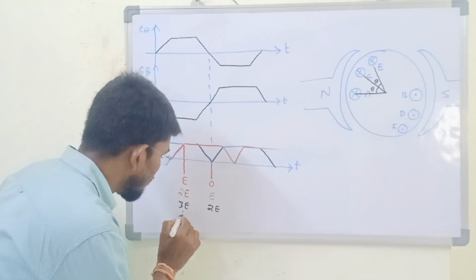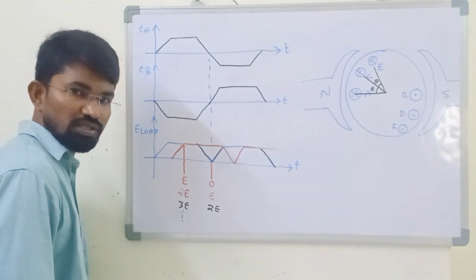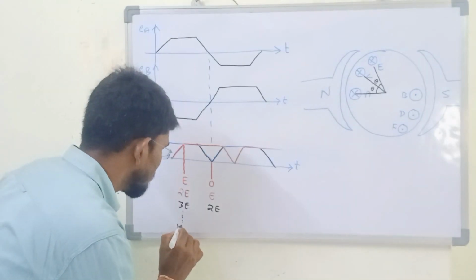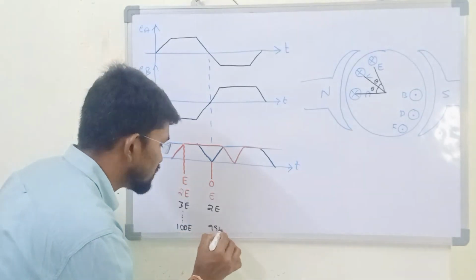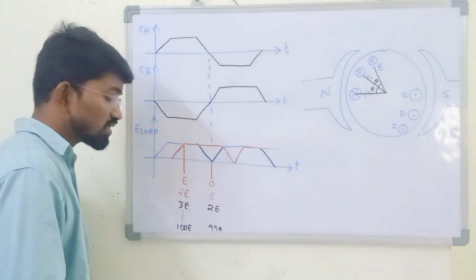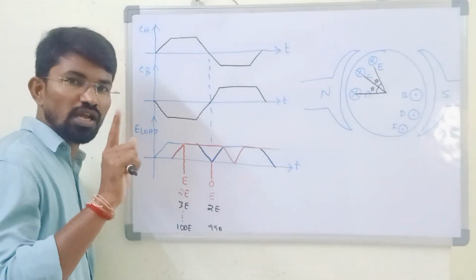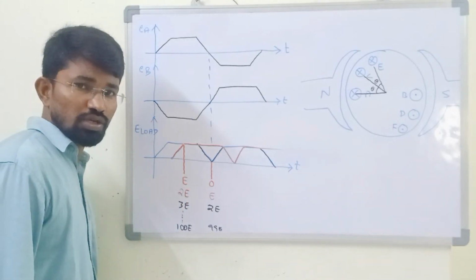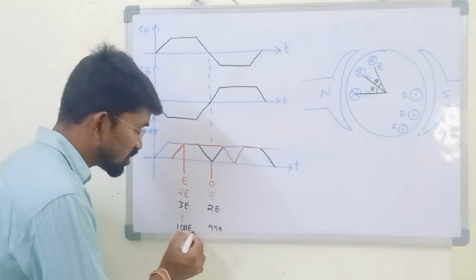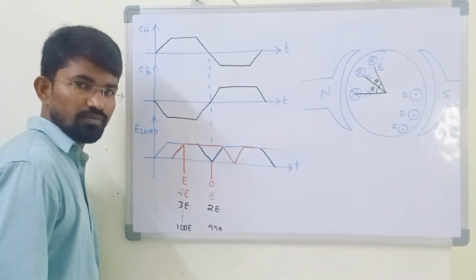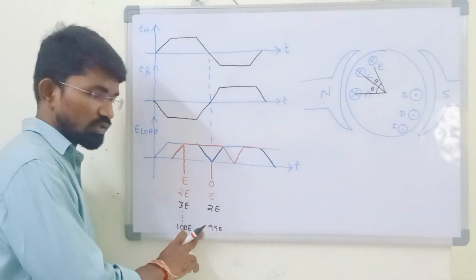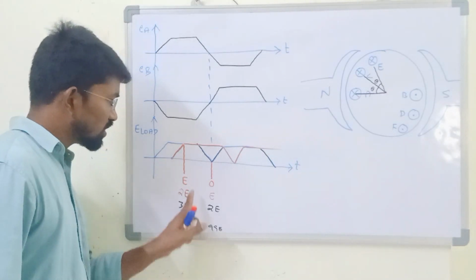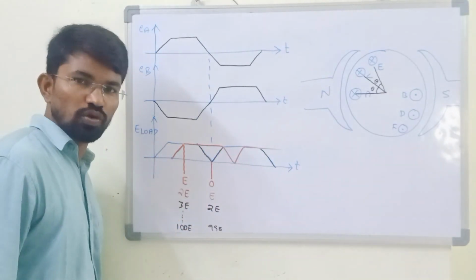Now, if I take 100 conductors, if that machine is having only 100 conductors, now this is 100E and this will be 99E. Why 99E? Because at any instant only one coil voltage will be equal to 0. Therefore, what is the percentage change in ripple factor? Only 1%. That means can I neglect that 1%? Yes, if I neglect that 1%, therefore the output voltage is like a pure DC voltage.